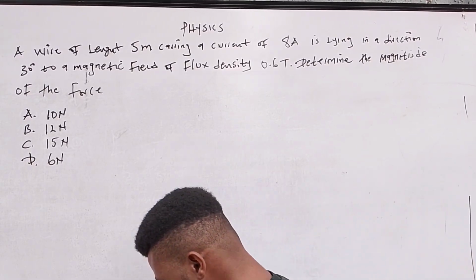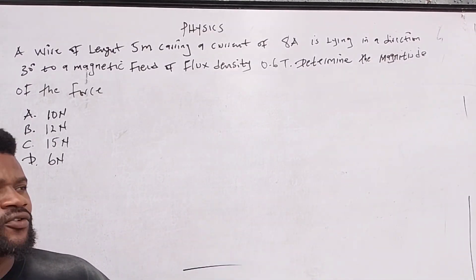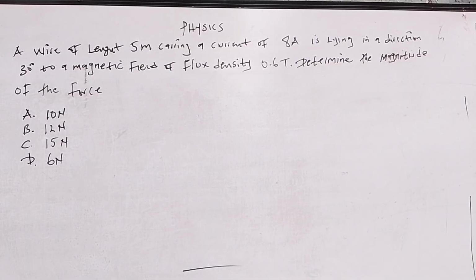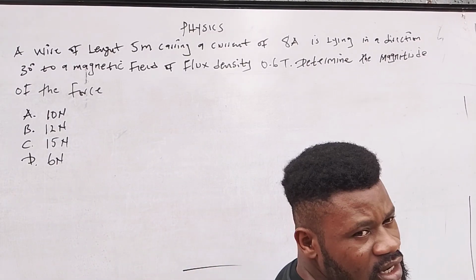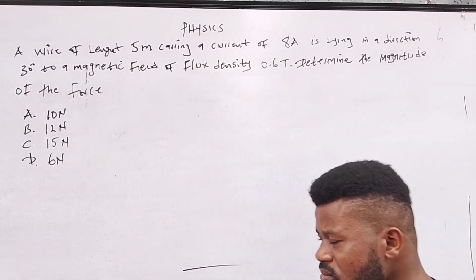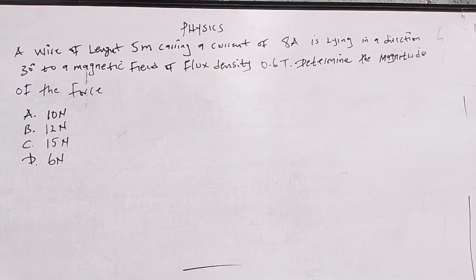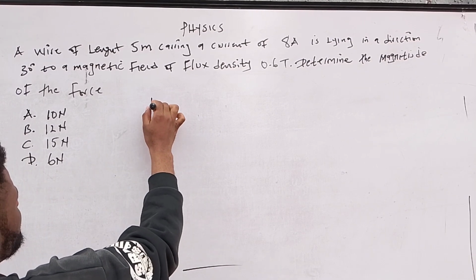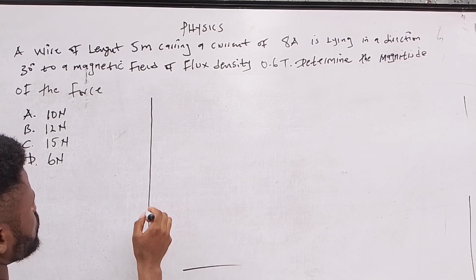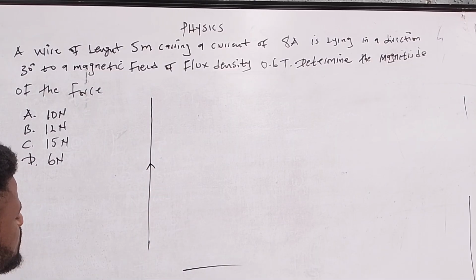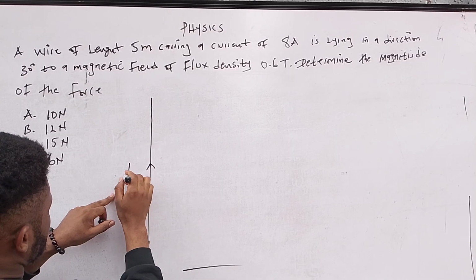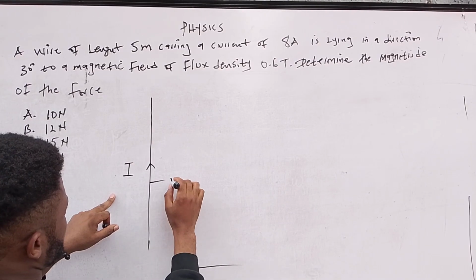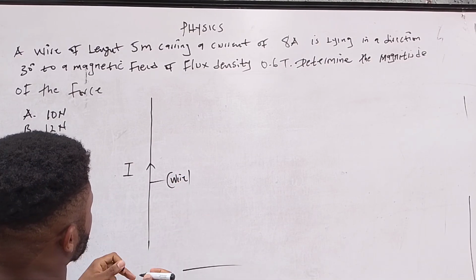Now, if you observe this question carefully, you will realize that this question is rooted from electromagnetic field, which is a joint interaction between the electric and magnetic field. Now, if you recall, you were told that if you have a vertical wire or a conductor carrying a current,